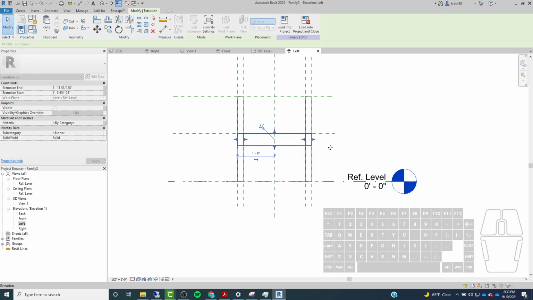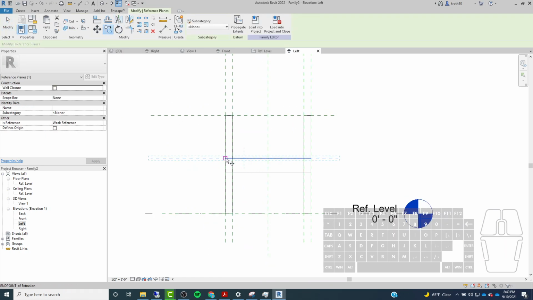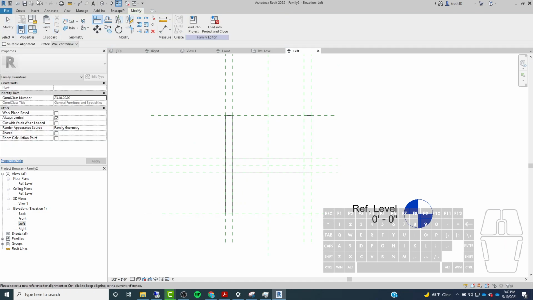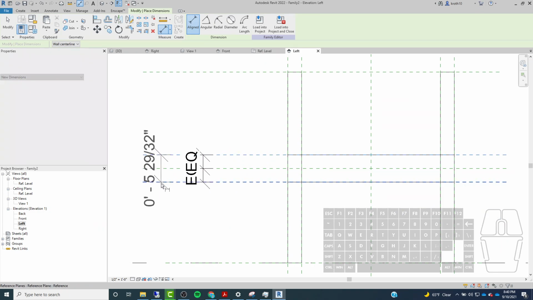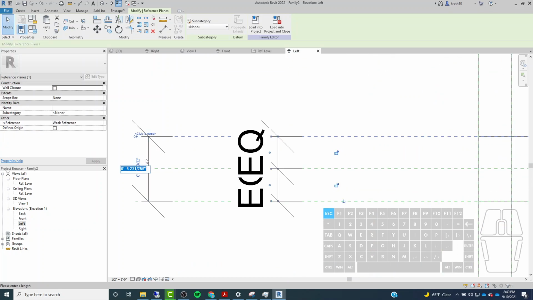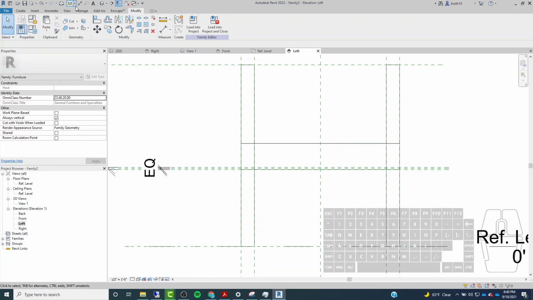And then I'm going to pull this one up so it's kind of in the middle. And then I'm going to copy this down. And then I'm going to create one more in the middle. I'm going to align the bottom to that. I'm going to go annotate, align. I'm going to put an equality constraint here. And then I'm going to put a constraint here, and I'm going to set this to be 0.5 inches. So now I have a 1 inch thing, and I have to make sure that that is also aligned properly,